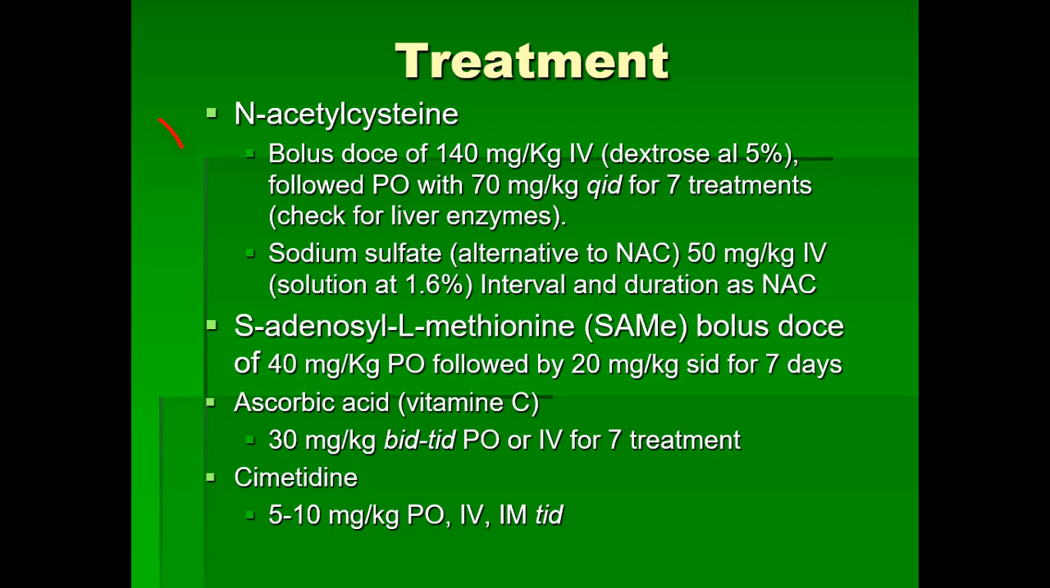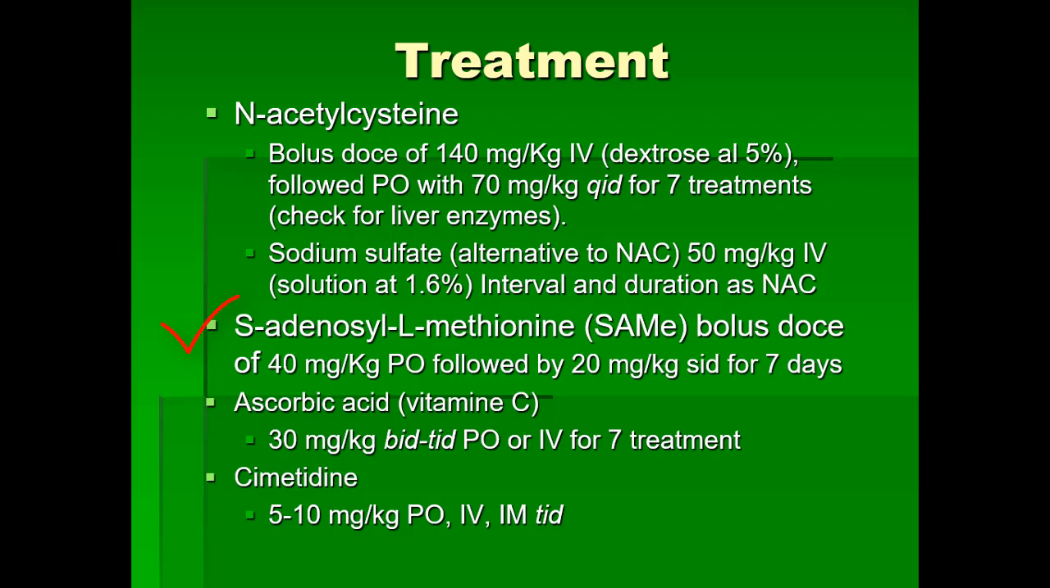The mainstay of the therapy is N-acetylcysteine. You can start with a bolus dose of 140 milligrams per kilogram IV with dextrose, and then follow that orally with 70 milligrams per kilogram for 7 treatments. As an alternative to N-acetylcysteine, you can use sodium sulfate at 50 milligrams per kilogram IV at the same interval and duration. And there is another drug that works similarly to N-acetylcysteine, which is S-adenosyl methionine, which is also a